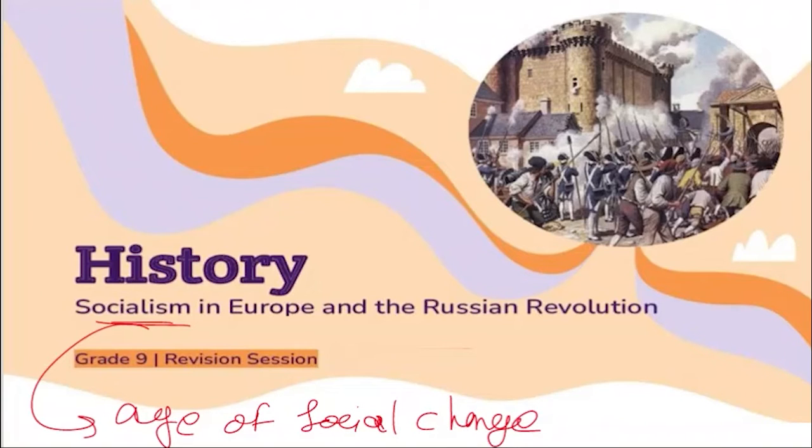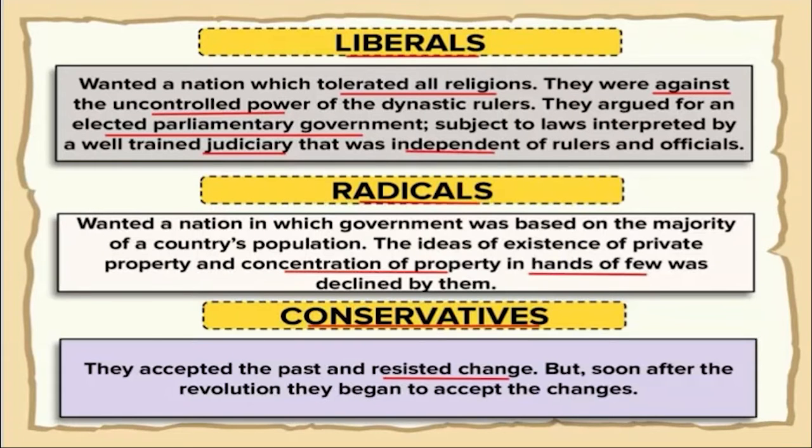There were three groups of people known as liberals, radicals, and conservatives. They all had different views of their own. So what were liberals? Liberals, as the word says, were like free. They wanted free rules and everything. When I talk about liberals, they wanted a